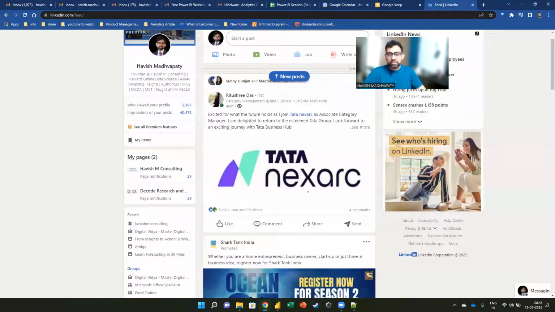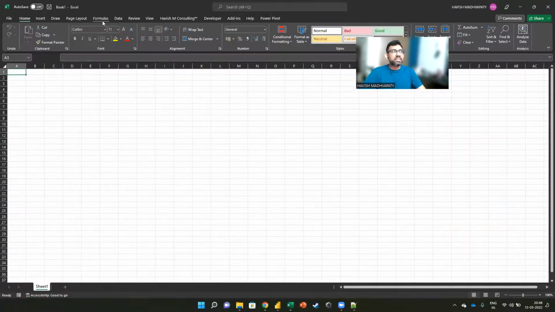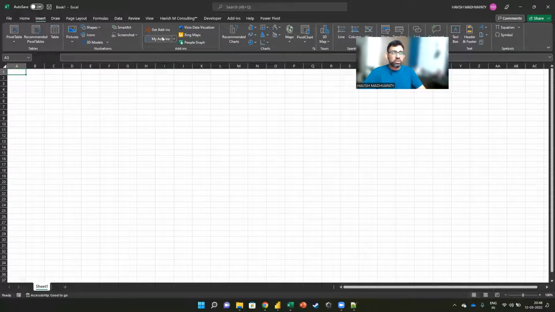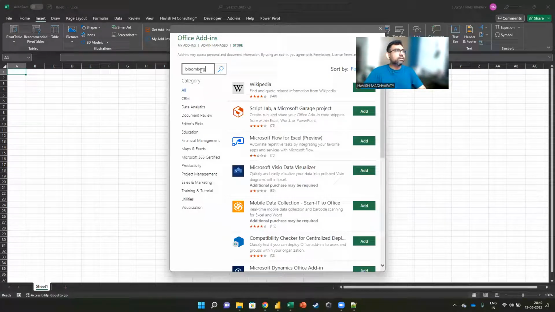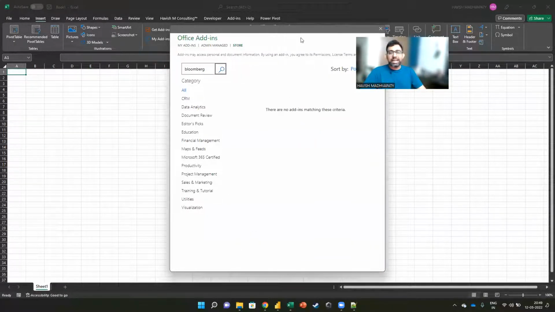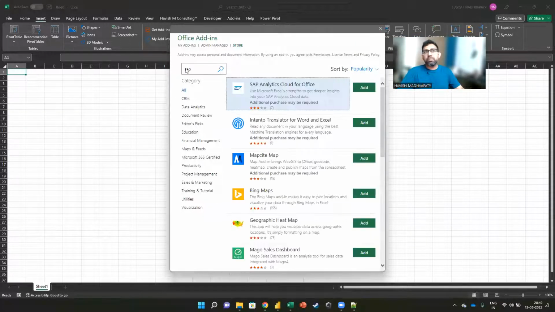And also, just to answer that question completely, I think Bloomberg has a partnership with Microsoft as well, if I'm not mistaken. Let me just check. Or they are planning one. Hold on. Bloomberg. No, it's not there, but I think I heard that they were planning something. Or maybe I think SAP has add-ins. Bloomberg might add it later. Of course, even to use it, you need to have a paid account and a subscription. But then Excel most likely will have that integration directly. So if you have a Bloomberg account, you can pull in data directly into Excel from Bloomberg.